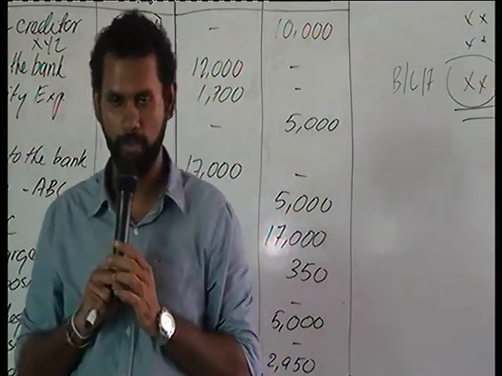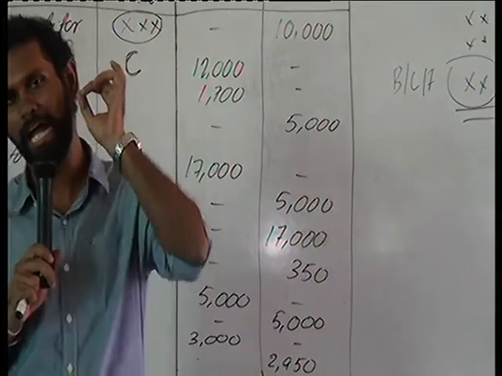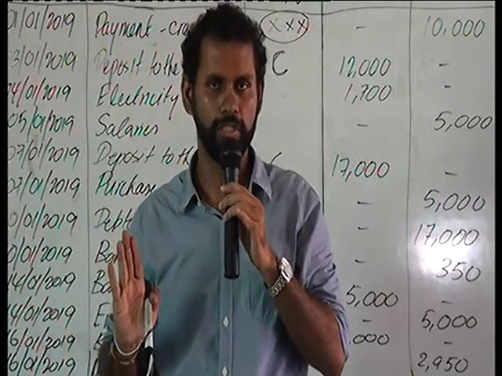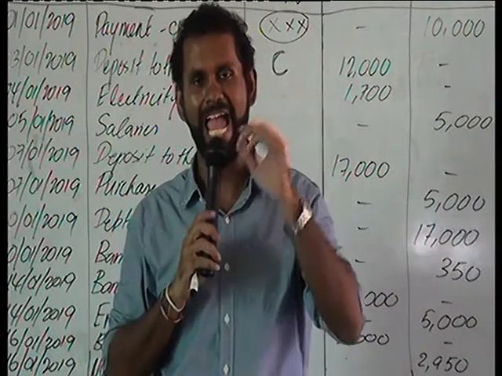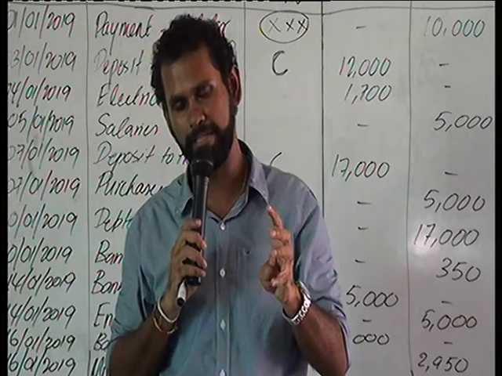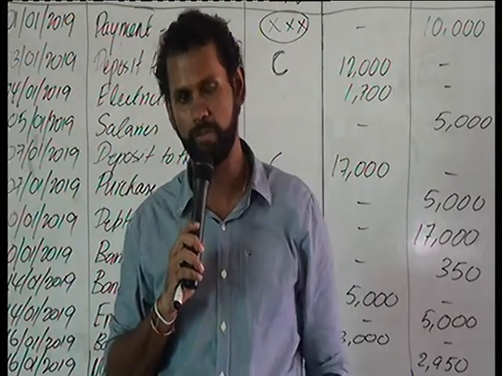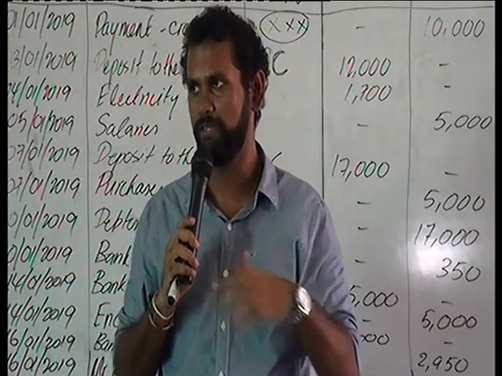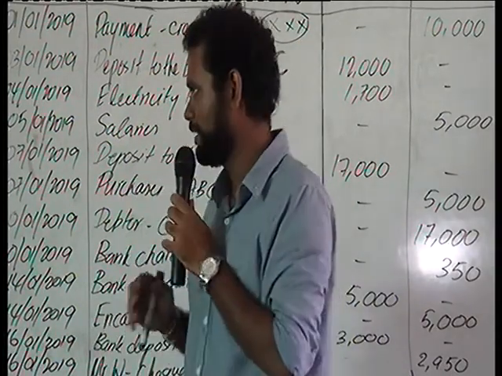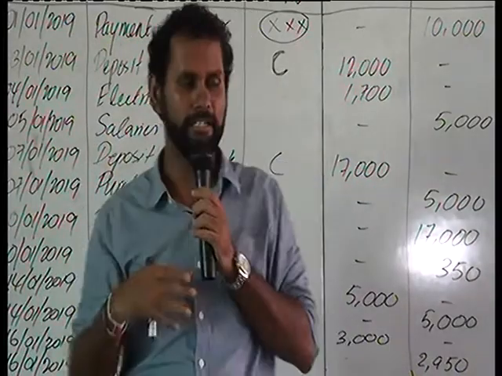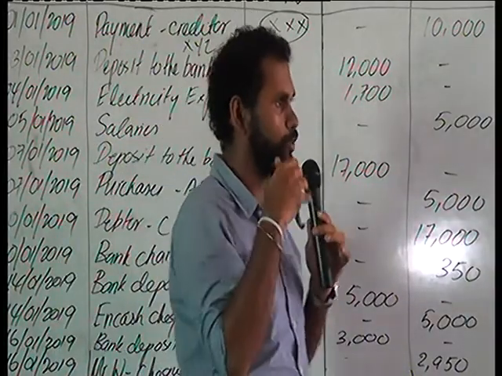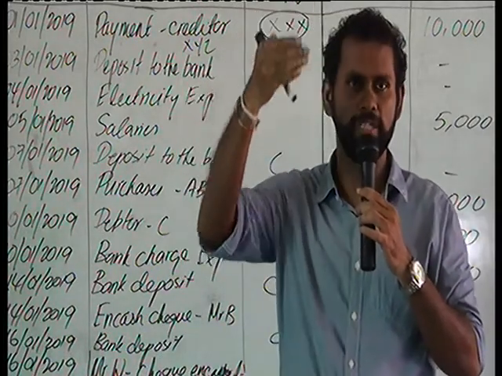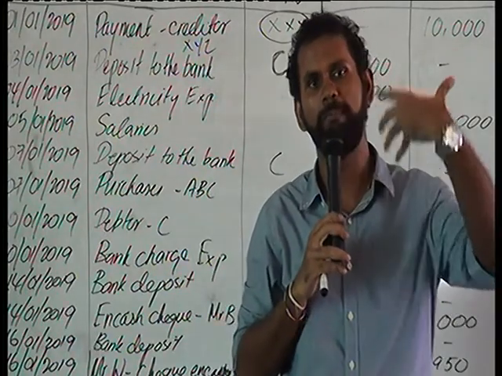Two columnar cash book. As I mentioned earlier, the two columnar cash book acts as both a prime entry book as well as a ledger account. Therefore, we will have to consider this as a part of the ledger balances as well. Similarly, when we look at the ledger accounts, we do the same practice. We look at the debit, we look at the credit, and we see the higher amount on which side, and then we balance the account.